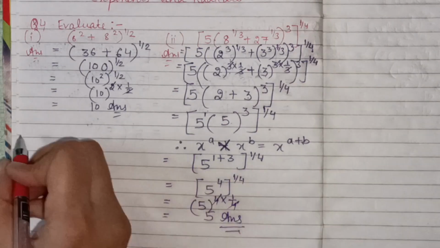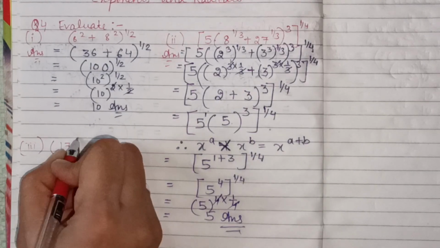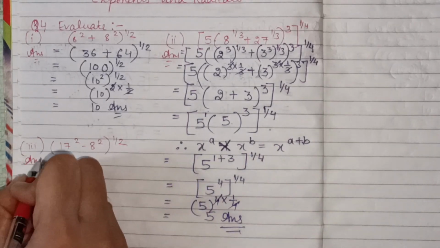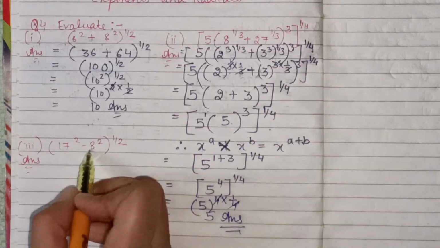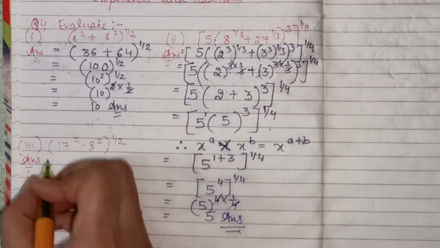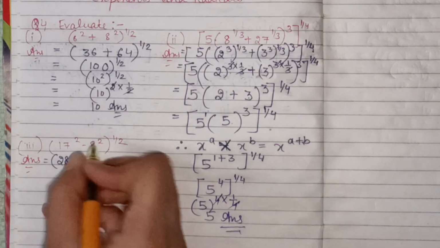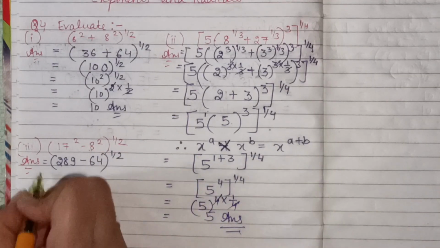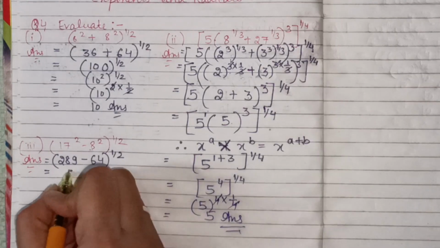Our third part is 17 squared minus 8 squared, raised to power 1 upon 2. I write here answer. Now firstly we have to solve the given numbers in the bracket. So 17 squared, 17 multiplied by 17 is equal to 289, minus 8 8s are 64, and its exponent is 1 upon 2, is equal to 289 minus this 64, which is equal to